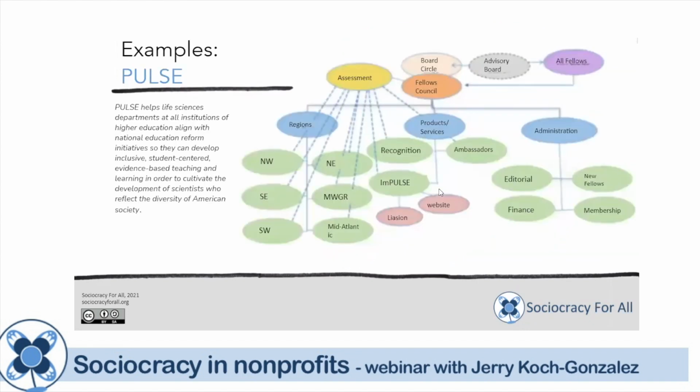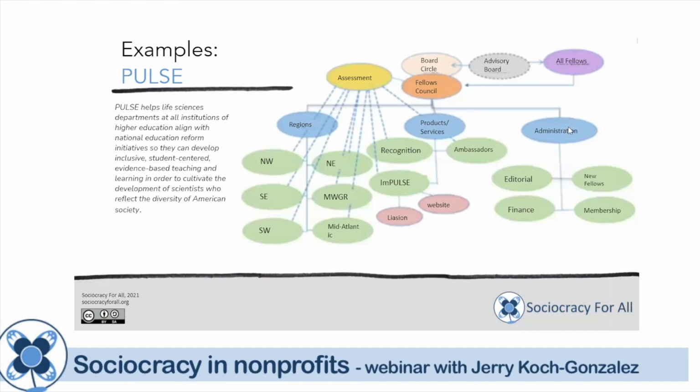Here is Pulse, the Partnership for Undergraduate Life Science Education. Their aim is to support student-centered evidence-based teaching. So it's not so much banking information, just jamming science information into people's brains, but much more learning by doing for the students. And they're a national association of professors and deans of departments of universities in the life sciences. So they have